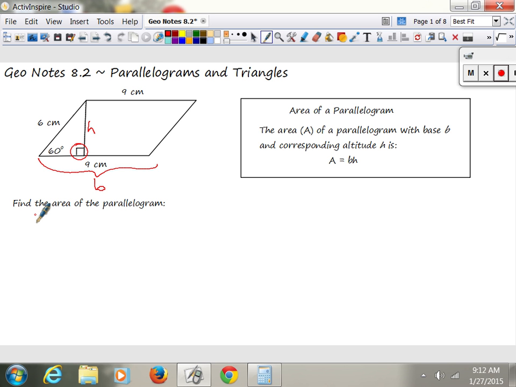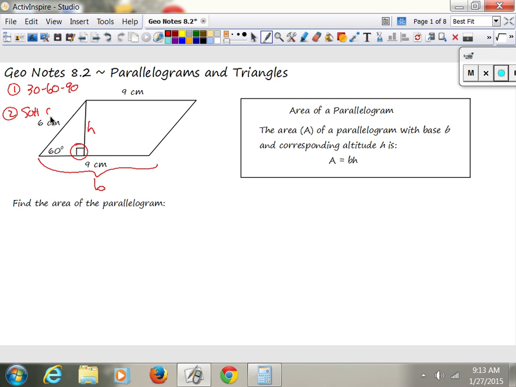Now in this problem, they didn't give us h. So how could I figure out h? I've got two options. Option number one, use your 30, 60, 90 formulas. Because do you see this little 60 and that 90 right there? That means that that little angle has to be what? Got to be 30, because 30, 60, 90 would add up to 180. So you could use those formulas. That's one option. Option two,